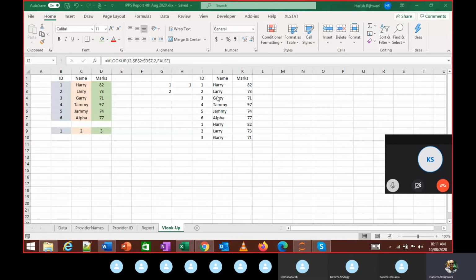Did you guys try this? The dollar symbol, adding the dollar symbol? Hello?